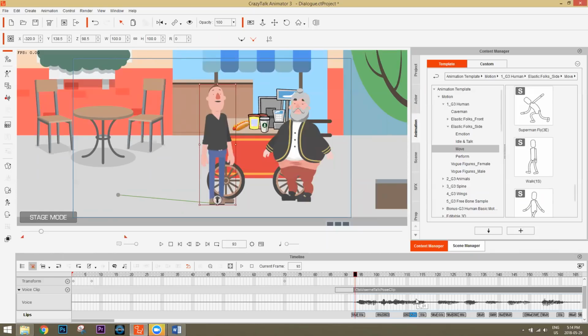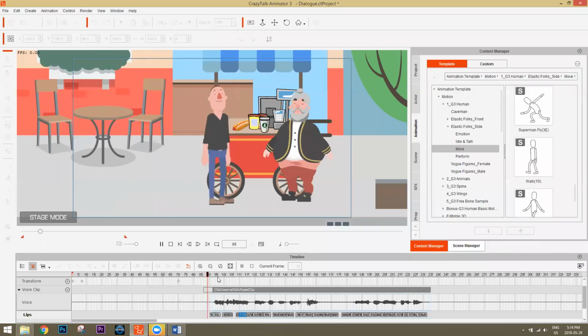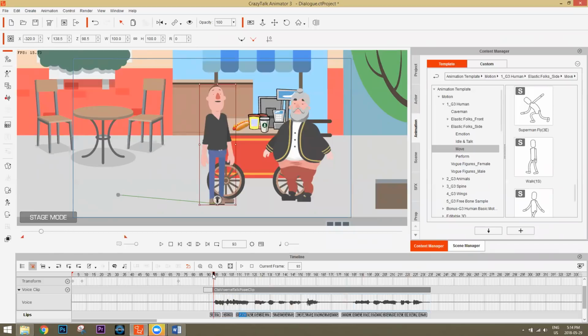Let's go ahead and you can hold the Alt key and scroll your mouse button, by the way, to zoom out. So you can see this right here. So here we go. Hey, hello, my fine hot dog vendor friend. Can you make me one with everything? Okay, so at this point here, he's talking, but he's not really doing anything. What we want to do generally is we want to give him a motion that kind of gives us more energy in the conversation, okay?